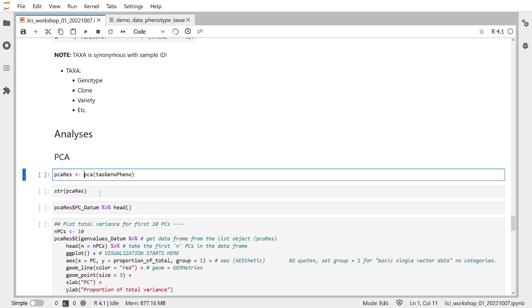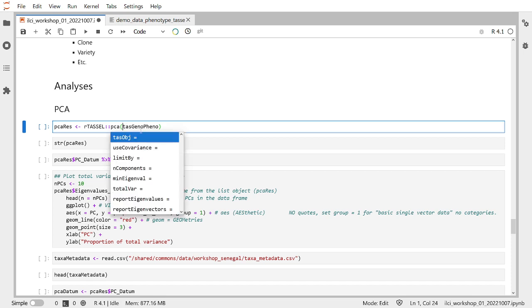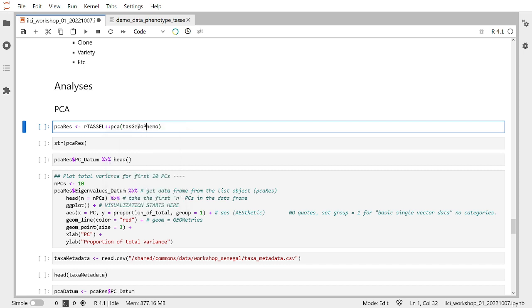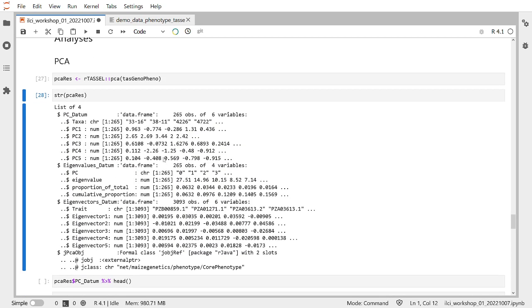And this is an rTASSEL method. When I call rTASSEL and then the double colon component, this basically says from this library, call this function. If we take a look at the different parameters that you can specify within this, by default you can just pass in the object and that will provide you some default parameters. So if I call this PCA res and take a look at it, it returns